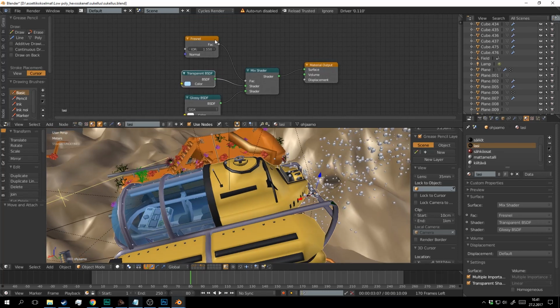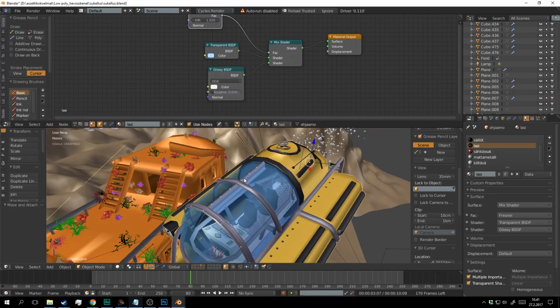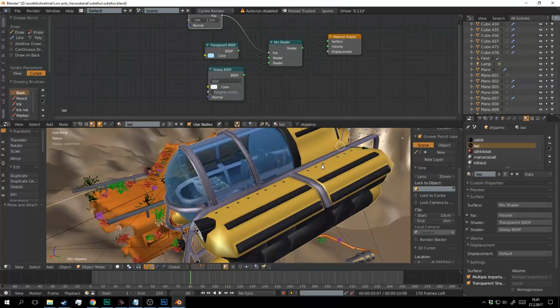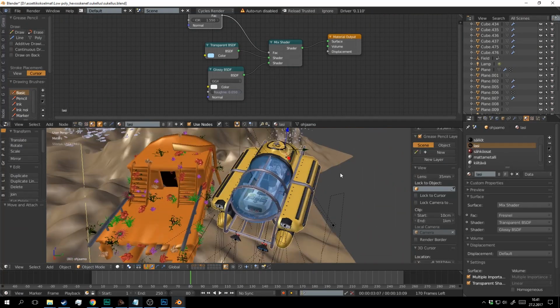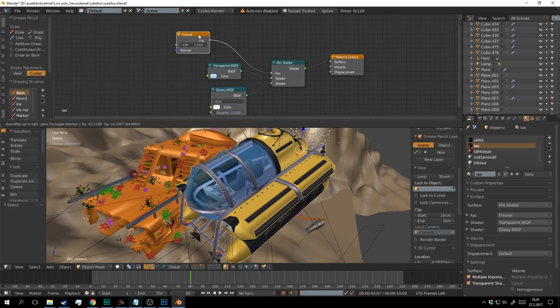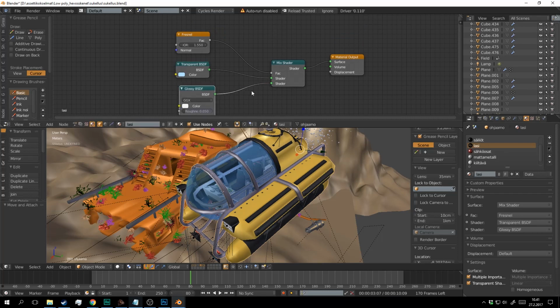That kind of glass material is usually called architectural glass. You can render that kind of glass a little faster and with less noise than the standard glass material. That was my reason to do it like that. Also, I wanted to be able to control better how transparent the glass is and how not.